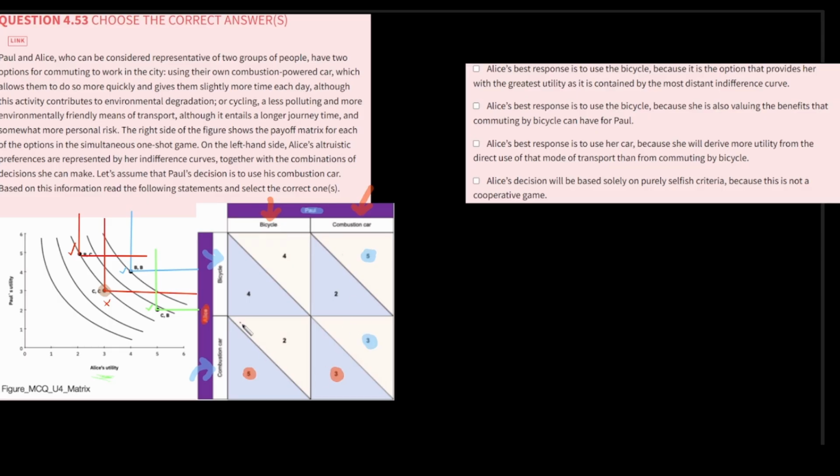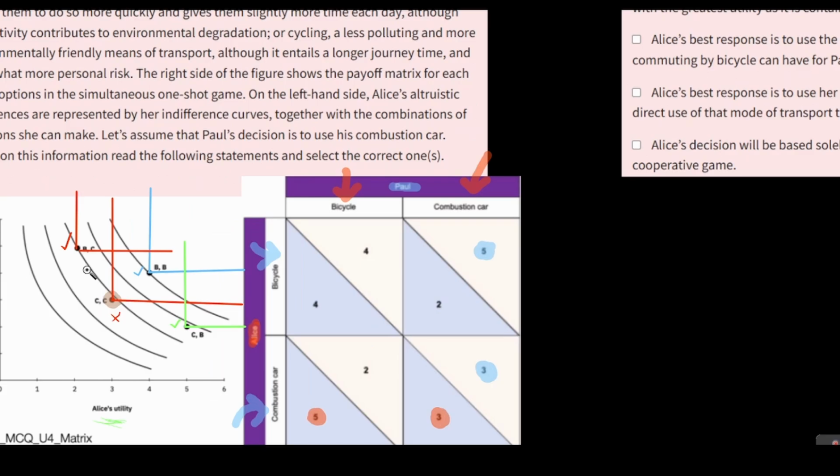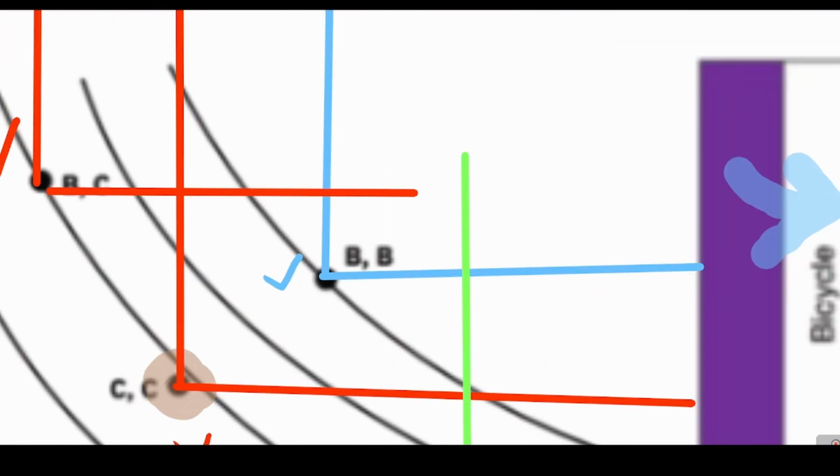Well, yes, just based off of this selfish outlay of Alice only caring about Alice, yes, Alice will always choose car. But in this case here, Alice gets to choose between car and bike, given that Paul always chooses car, right? A, because that is Paul's dominant strategy. B, because we said that up here in the intro, so we can ignore these 2 points as being non-existent,